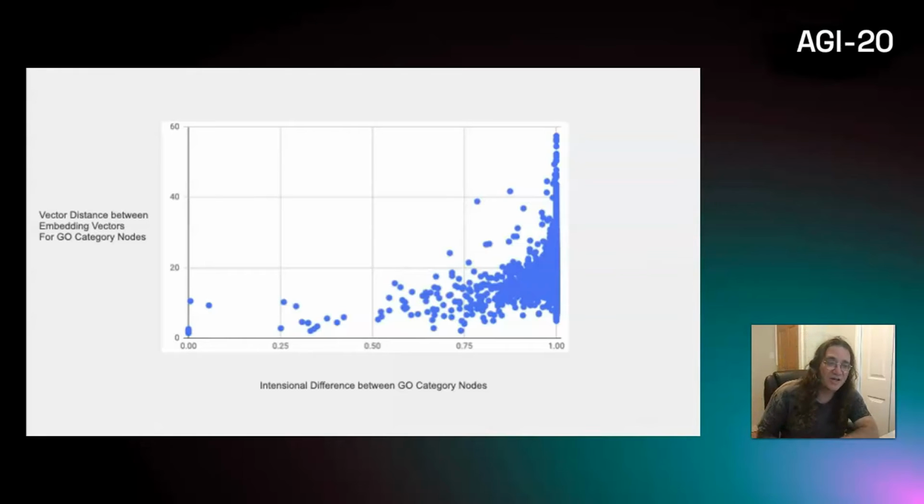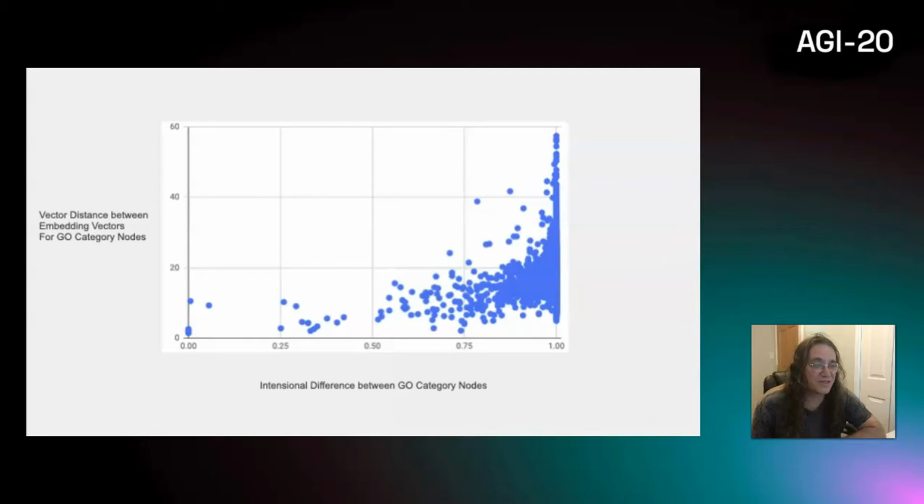So what you can do there, you can calculate what's called the intensional difference, and that's the difference of properties. So for each node, you construct a fuzzy set of all the properties of that node that are represented in the atom space hypergraph, where each property is weighted by how much information it gives about that node. And then you know the properties of one node, the properties of another node, the fuzzy set of properties of one and the other. And then you look at the fuzzy set symmetric difference between the fuzzy property sets of the two nodes. And that basically, suitably normalized, gives you the intensional difference between the two nodes. And what we see here is